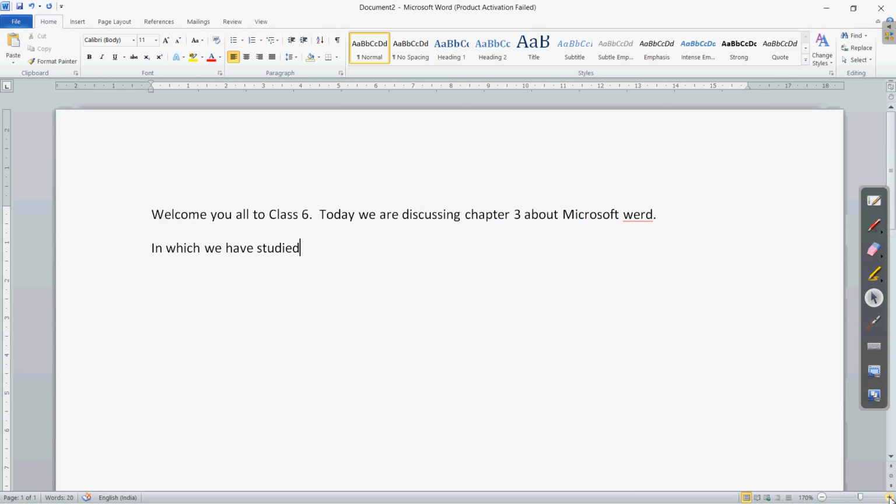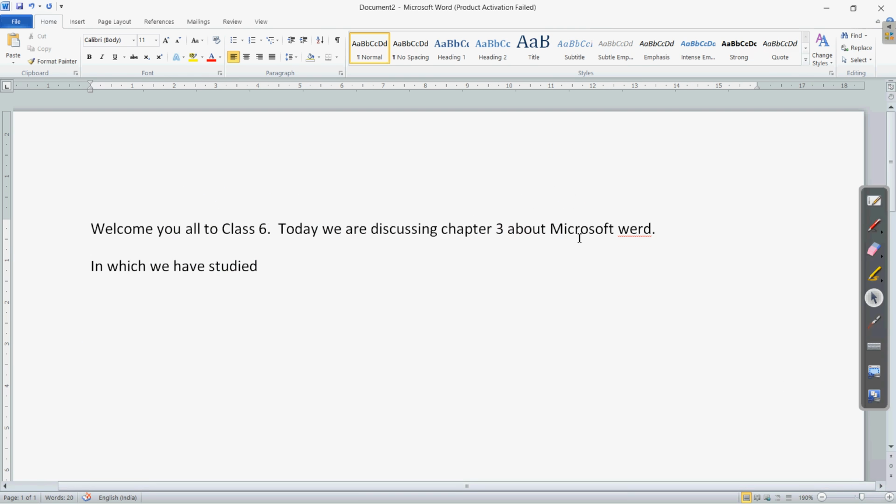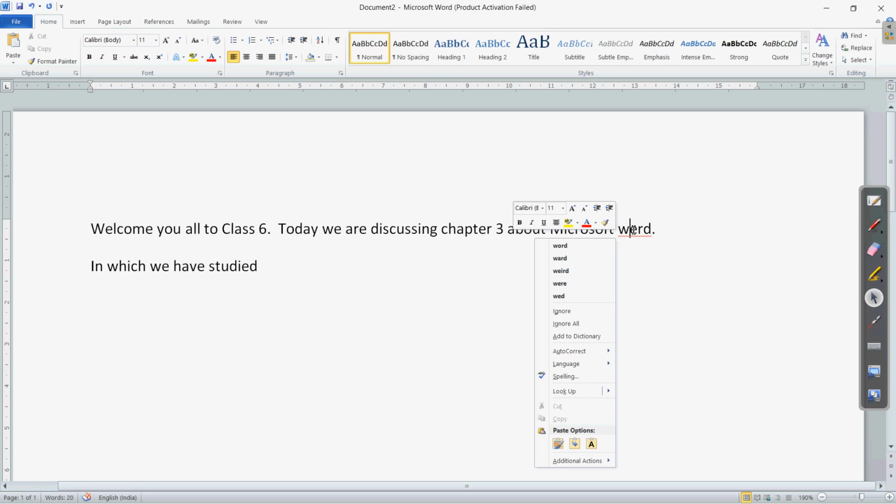If I zoom in now, I hope it will be more clear. So here you can see if I have done the spelling mistake, it automatically gives the red underline below this word. So I have not written WRD, I have written word. So if I bring it, it will also suggest me what are all the different possible things which can be corrected. So if I right click on this, here there are some suggestions, so whatever is the correct we can choose from this.